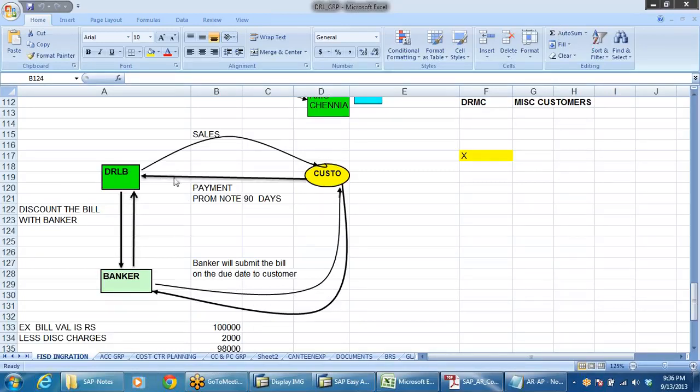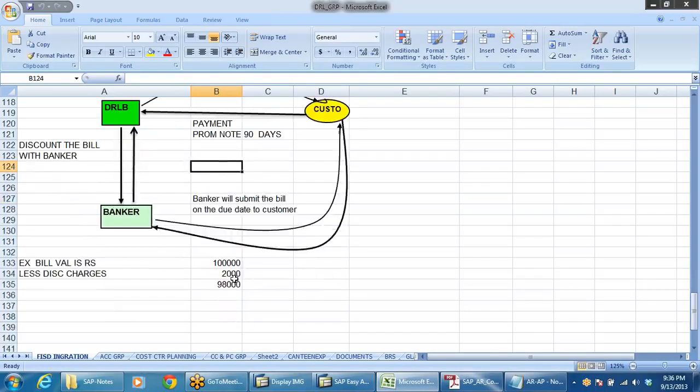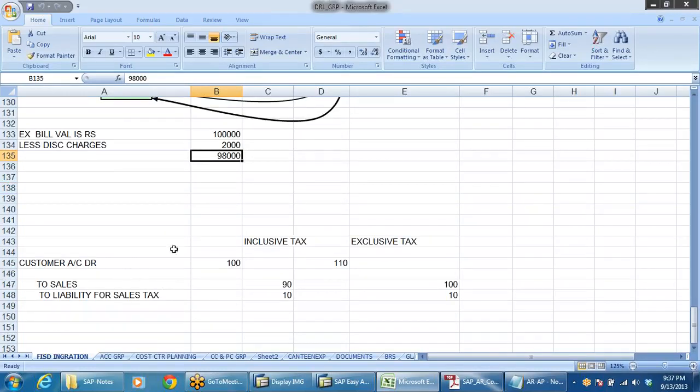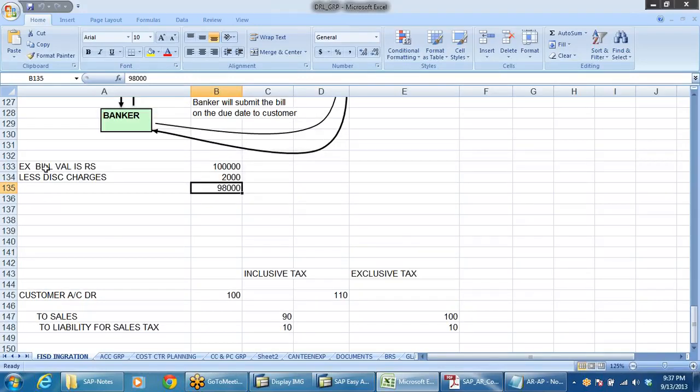Here the company's debtor will be the sale made to a customer, and when we make the sale, we'll be receiving the payment as a promissory note, say 90 days or 30 days, whatever it may be. As soon as we receive it, we discount the bill of exchange with the banker, and the banker gives me, out of 1 lakh, 2,000 he will keep, and 98,000 is given to me. At that time, my accounting entry is going to be: customer account will be credited with 1 lakh, bank account debited 98,000, and 2,000 is discount on